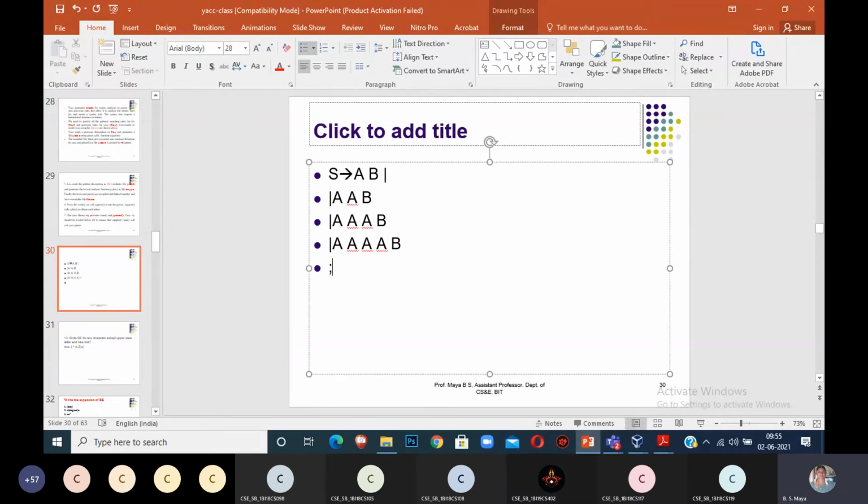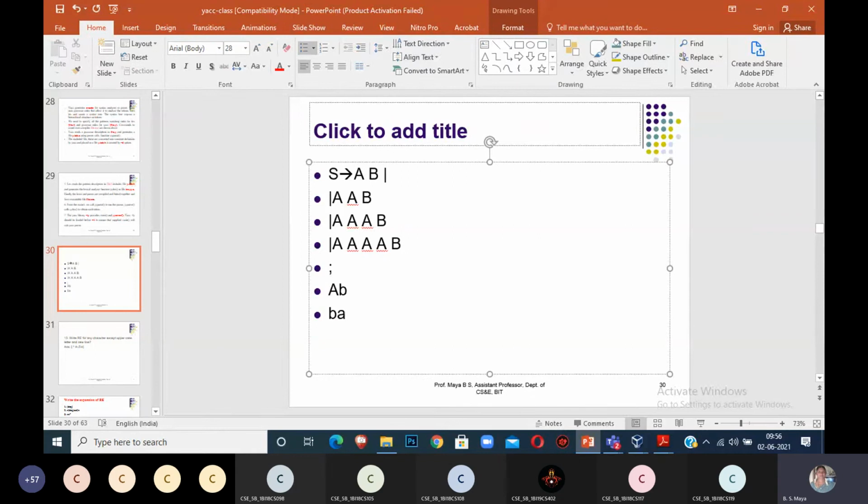No, ma'am. That is the end of your rule section. Either you can choose AB, or 2A B, or 3A B, or 4A B. Okay, this is the end of your rule section. If any one of the possibilities is there in the input, it will match. If your input is AB, then it will take this.